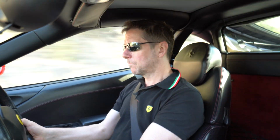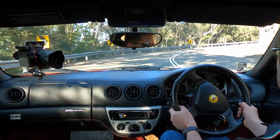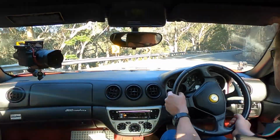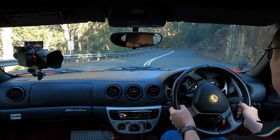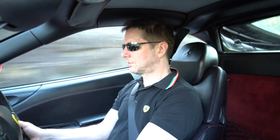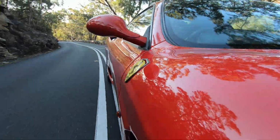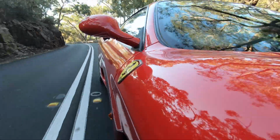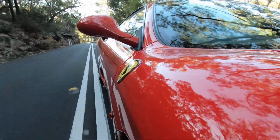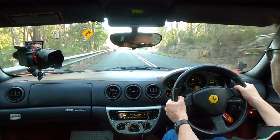So I think it has potential to increase in value over the next 3 to 5 years if I hold on to it, keep it well maintained. Don't drive it too much that it gets crazy mileage on it. So despite the money I've spent on this car, I think it's still, if not an investment, it will hold its value better than most cars, and certainly better than the Maserati Gran Turismo or the Audi R8,